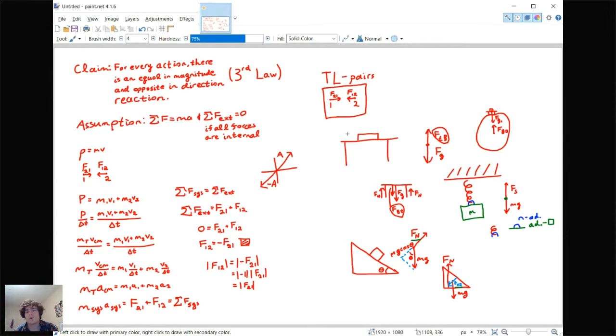So when we're thinking about these, it's really important to make a note in your head about the third law pairs in the system, because it'll really help you think about what's actually happening in nature in terms of how objects are macroscopically interacting with each other, and it's just a very important thing to think about,